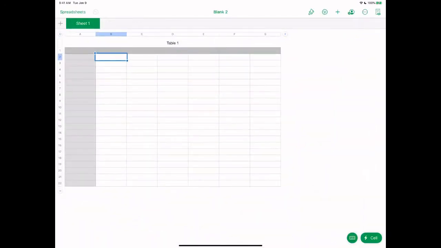And so what are you looking at? You're looking at a table. Now that table, depending on how you've used your iPad, might have as few as 10 rows. This one has 22, but it might have as few as 10, and it might have as few as 3 or 4 columns. It doesn't matter. Depending on the amount of data that you have and that you're going to want to do calculations for, you can expand on the number of rows or the number of columns that you have on this little table. Because the table is going to be where we're going to do our